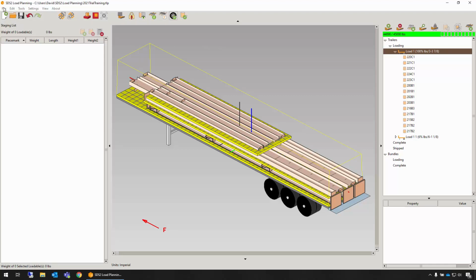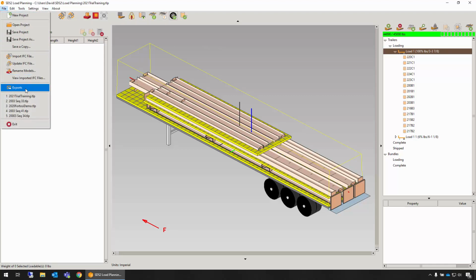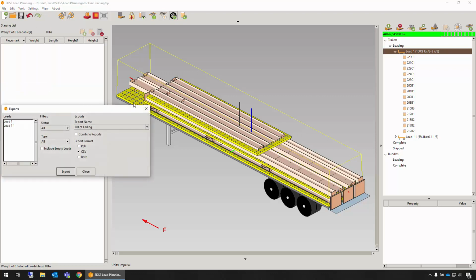Once the trailer is complete, we can export our deliverables by going to the File pull-down menu and selecting Exports. Choose the load or loads we wish to include in the export. Choose the export type. We can do a bill of lading, or what's really unique to SDS2 Load Planning is